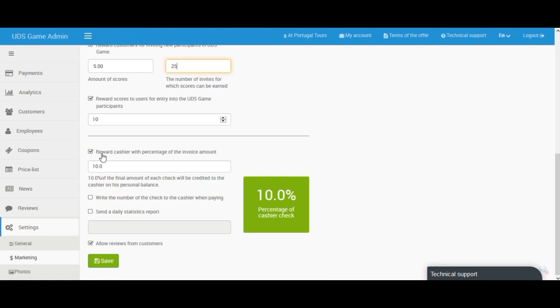Here we can also select an option to reward our cashiers, our employees, with a percentage of the invoice. This way we stimulate our employees to work harder, to communicate with our customers and to actually finalize the purchase. Right? And here we can also allow the reviews from the customers or not. And the moment you click save, you can also see that the system is really flexible and you can always change it depending on the season, for example, or depending on the month. You're the one who knows your business the best,